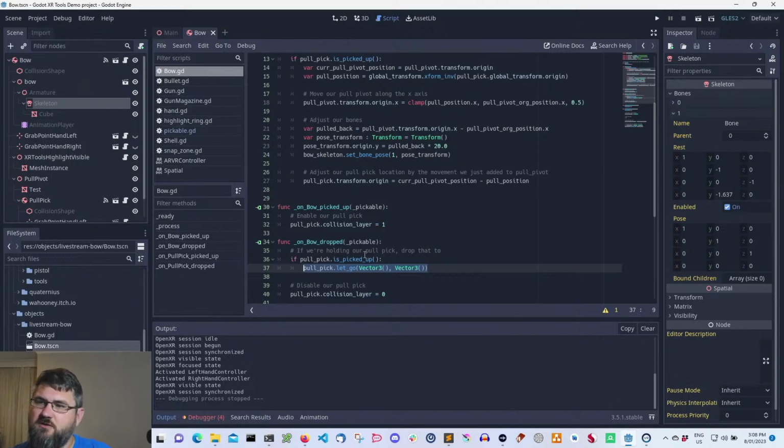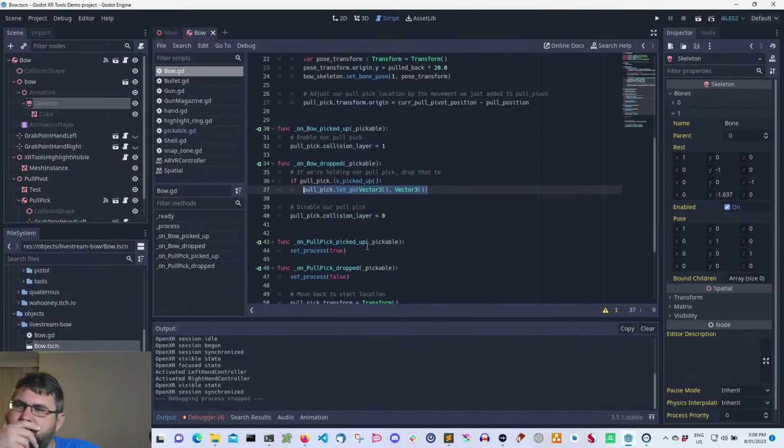Oh no, that's on the bow drop. That's if I drop my bow. Because I remember having problems that if I do that when the thing is held by a snap point, it's actually not removed from the snap point. So the snap point still thinks it's holding it, even though you've let it go. And I'm wondering if we have the same problem